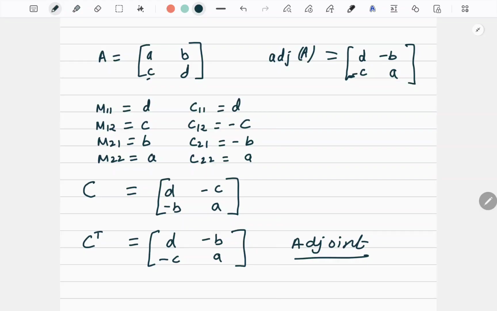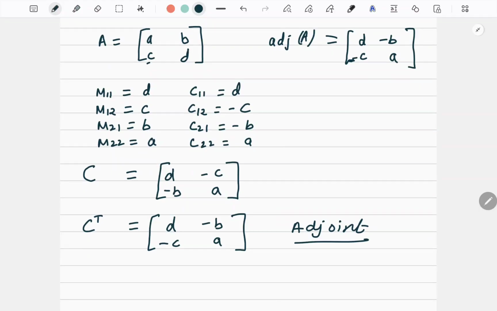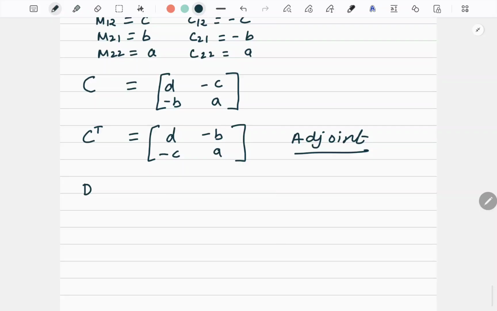This shortcut works in a 2 cross 2 matrix, not a 3 cross 3 matrix, right? So for a 3 cross 3 matrix, you have to find the minors, then write down the cofactors, and then find the transpose of those cofactors. Right? We will practice that more when we do the inverse of a matrix. When I teach you in a separate video how to find the inverse of a matrix, we will practice it. Okay? So now after the adjoint, the next concept is determinant, which is very, very important.